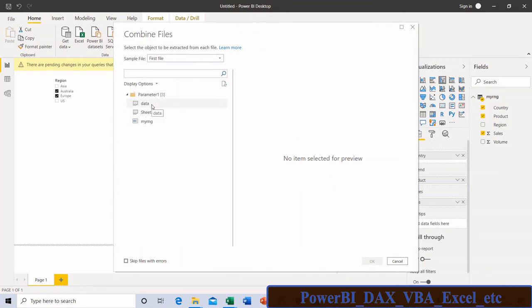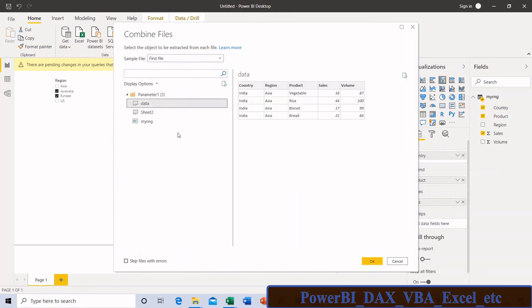And from which sheet do I need to combine my data? From this data sheet I need to load my data.